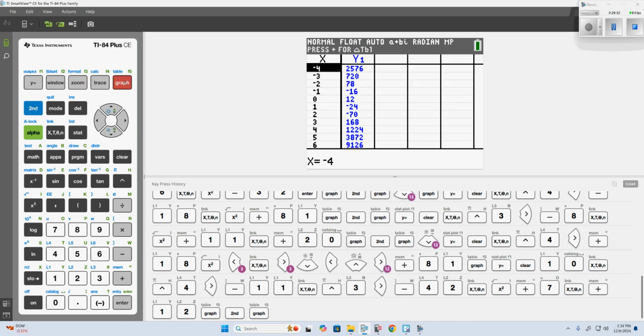Let's look at the table. You have a single zero that shows up here. Yeah, so we have the y-intercept, but we're looking for the x-intercept. We're looking for what value of x makes the y value be 0. Do we have a single one here? No. Okay. This is where the